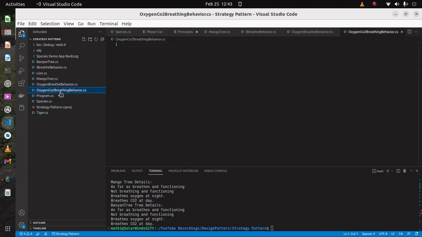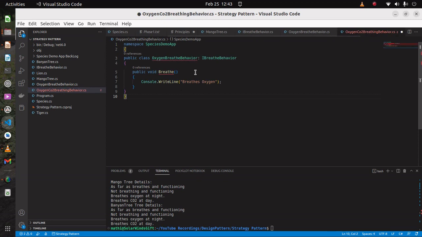Copy the code, paste here. OxygenCO2BreatheBehavior. So it breathes oxygen,